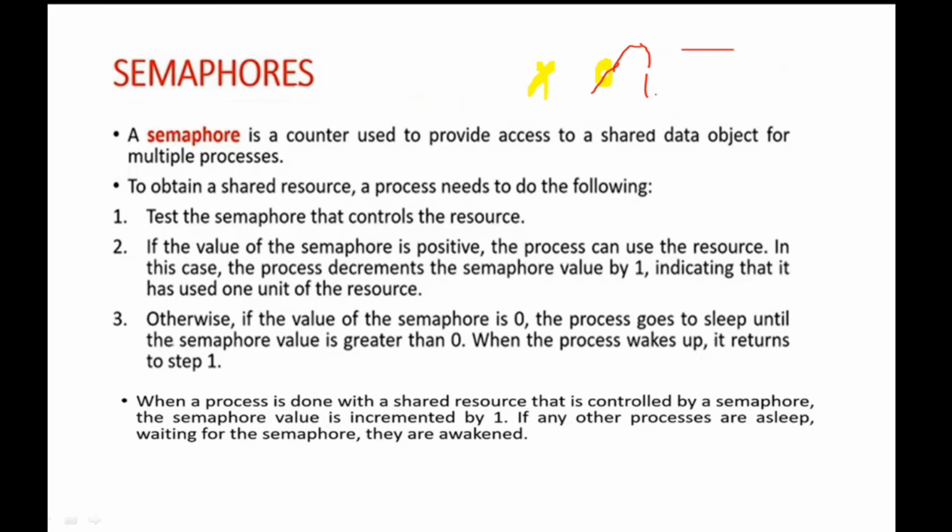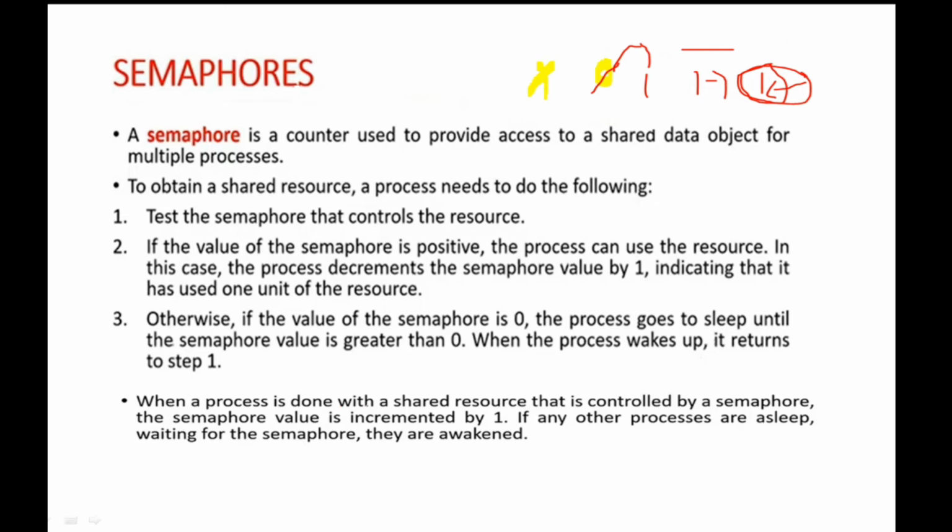When the occupying process has finished its work or its use, while exiting from that resource or releasing it, it makes the semaphore value 1 by incrementing the semaphore value by 1. The processes which are waiting for that particular resource now check it, and if they are capable, the resource will be assigned to one of those processes. So this is the concept of semaphores.